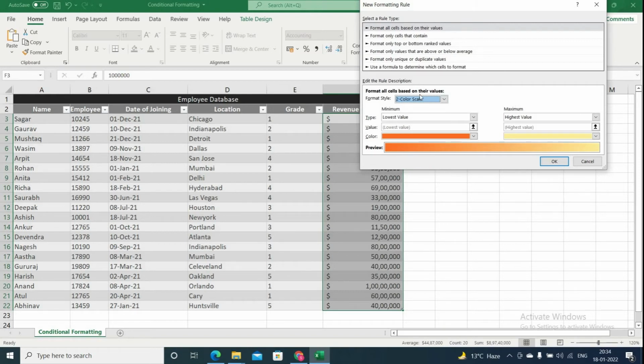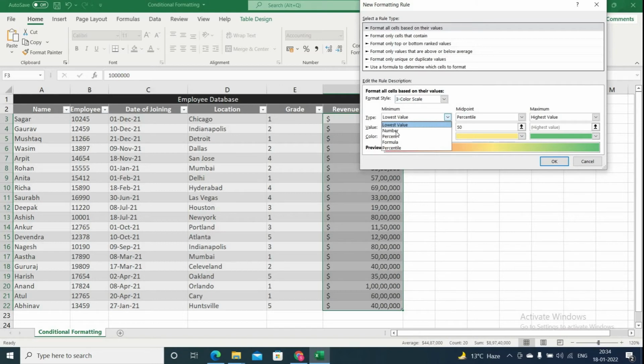So let's say I want to use a 3 color scale. I want to design a heat map on this column, and I want to apply the heat map on the numbers. So I will select the numbers from here. Then I would give a range that, let's say, 1 million given to the minimum range, 5 million as a midpoint range, and 10 million as a maximum range.